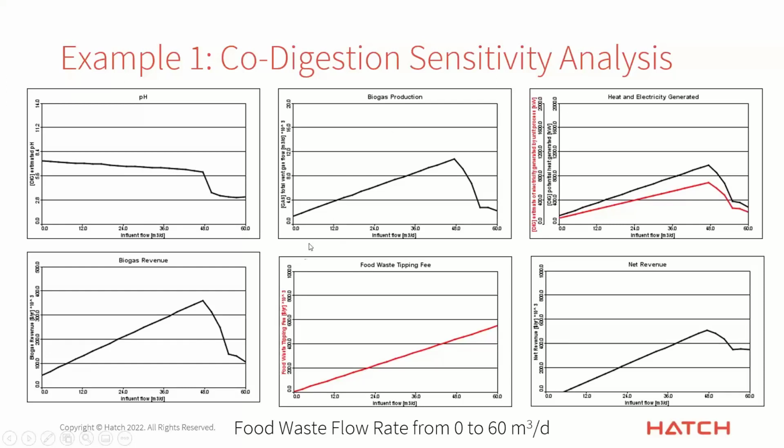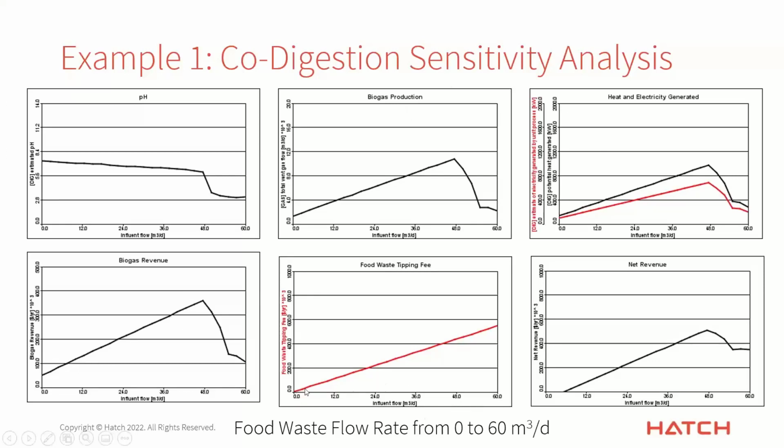So if we look at gas production, you can see at that same point when suddenly the pH dropped and we were now inhibiting the methanogens, and so we're not producing any gas, or producing a lot less gas. So we can see that this is kind of the tipping point, right? So that is also here, the heat and electricity generated from this biogas, and our biogas revenue kind of drops